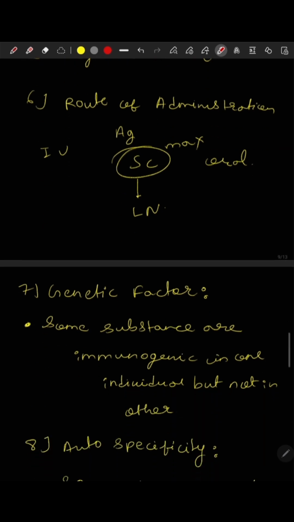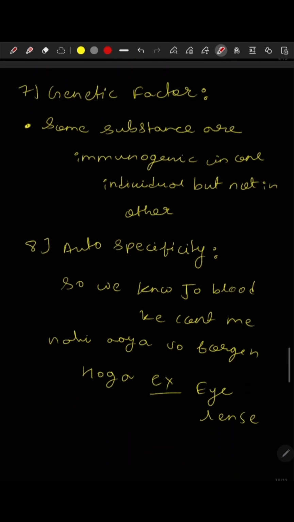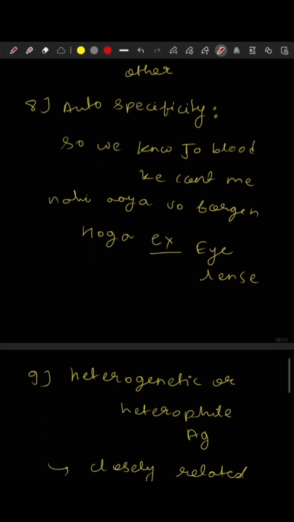Routes of administration, as we take antigen A, so it is given IV, subcutaneous and oral. Subcutaneous will have more antigenicity as subcutaneous will be in contact with the lymph nodes, so it will have more antigenicity. Then the genetic factor, some substances can be immunogenic to one person and cannot be immunogenic to another, it depends on genetic factor. Then autospecificity,